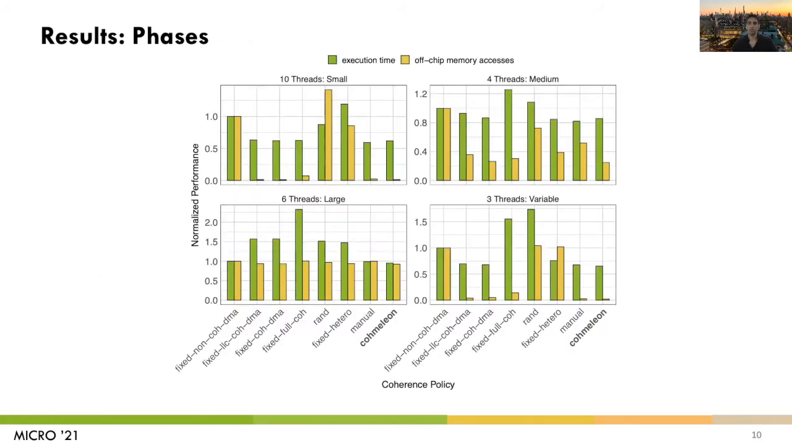This first set of results highlights the performance from 4 different phases of our test application on one of the traffic generator SoCs. The phases vary in terms of the number of accelerators working in parallel and the workload sizes used. Each phase shows a different relative ordering of the fixed homogeneous modes, which are the first 4 on the left of each plot. This further emphasizes the need for runtime coherence selection, as there is again no single winner